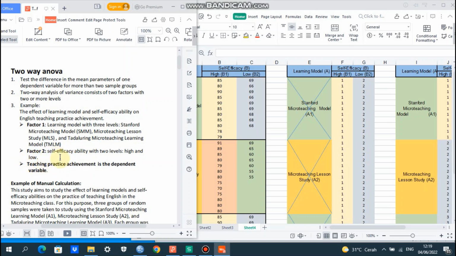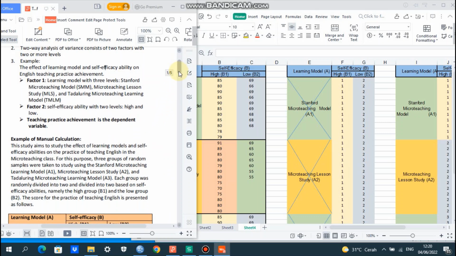And factor 2 here, self-efficacy ability, with 2 levels. The first level is high self-efficacy and the second level is low self-efficacy. And here in this research, teaching practice achievement is the dependent variable.